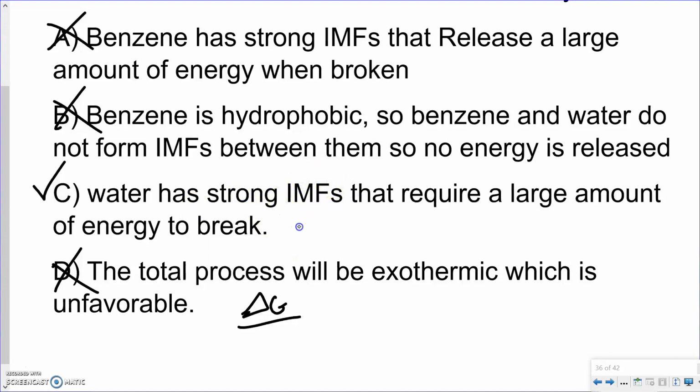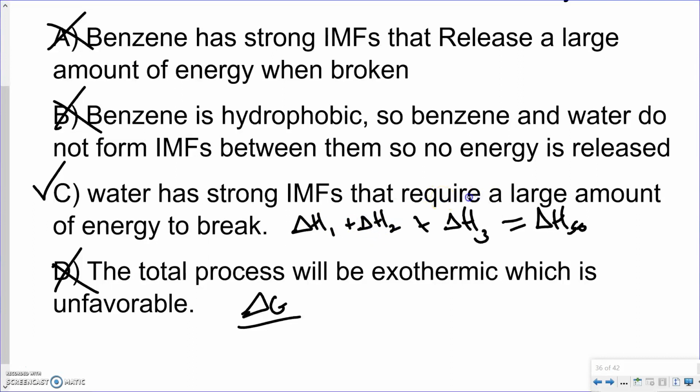So why does this one work? Well, remember our 3-step process: delta H1, delta H2, plus delta H3 forms our delta H of solution. Okay? So when we're talking about water having very strong intermolecular forces, that means that this third delta H is, I guess it's going to be our second delta H or our first, either one. It's going to be breaking those intermolecular forces. It's going to require a lot of energy to break,